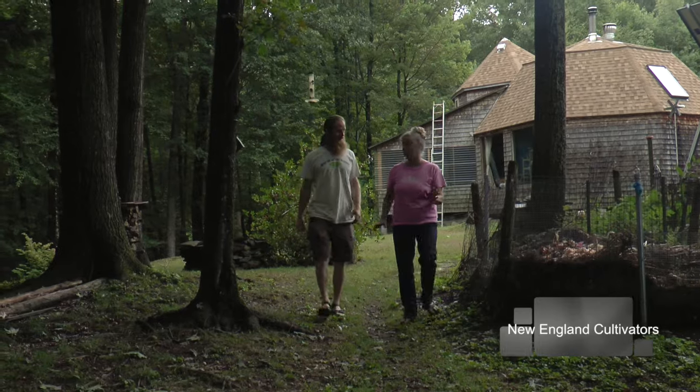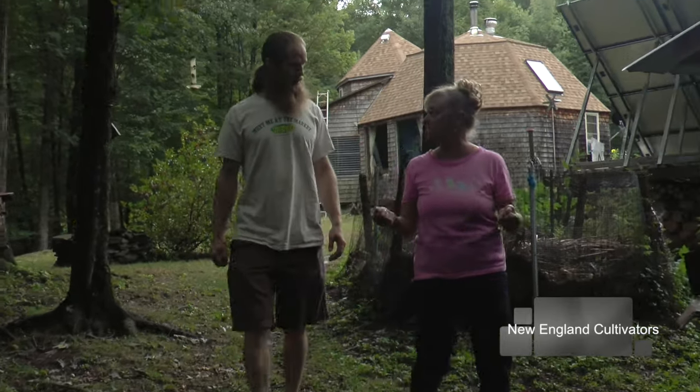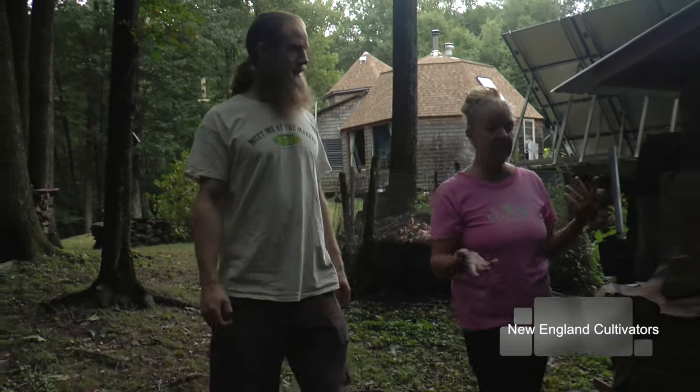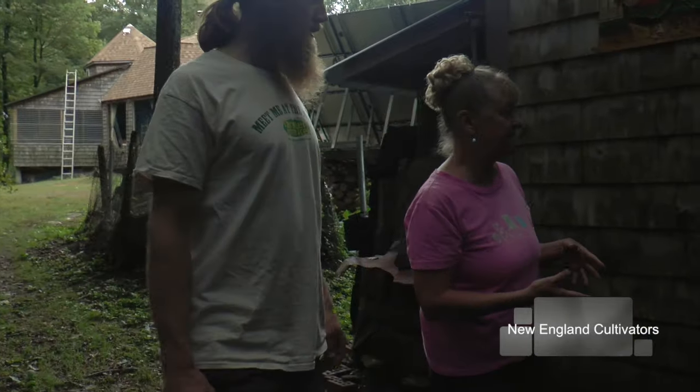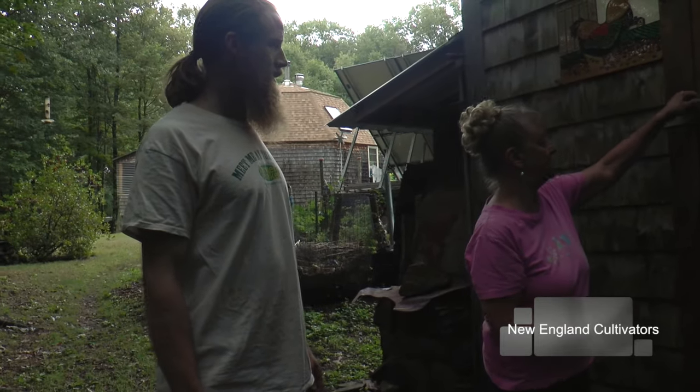Backyard chickens are actually really easy. I spend maybe 15 or 20 minutes in the morning feeding and watering them. And that's really all you have to do besides collecting the eggs. And once or twice a year, you really need to clean out the coop. Yeah. But other than that, and also,